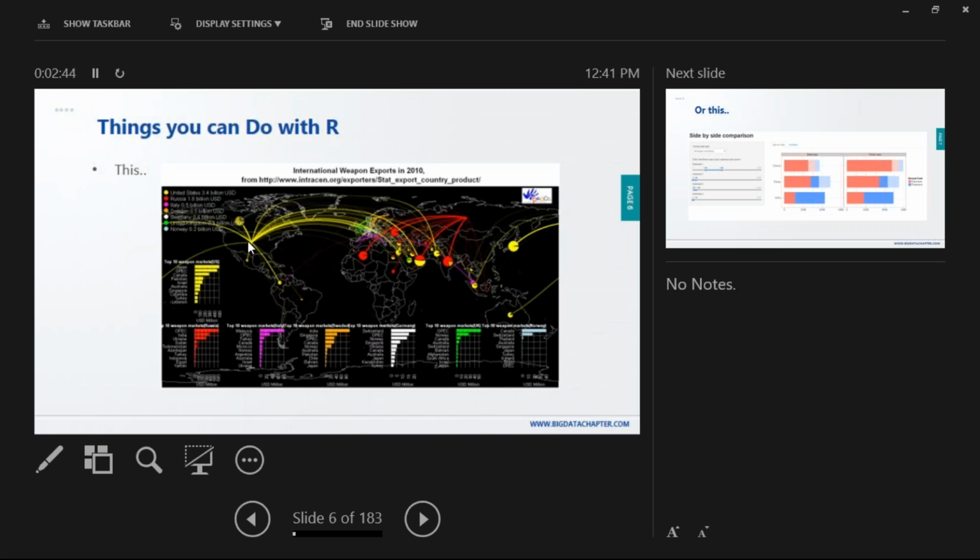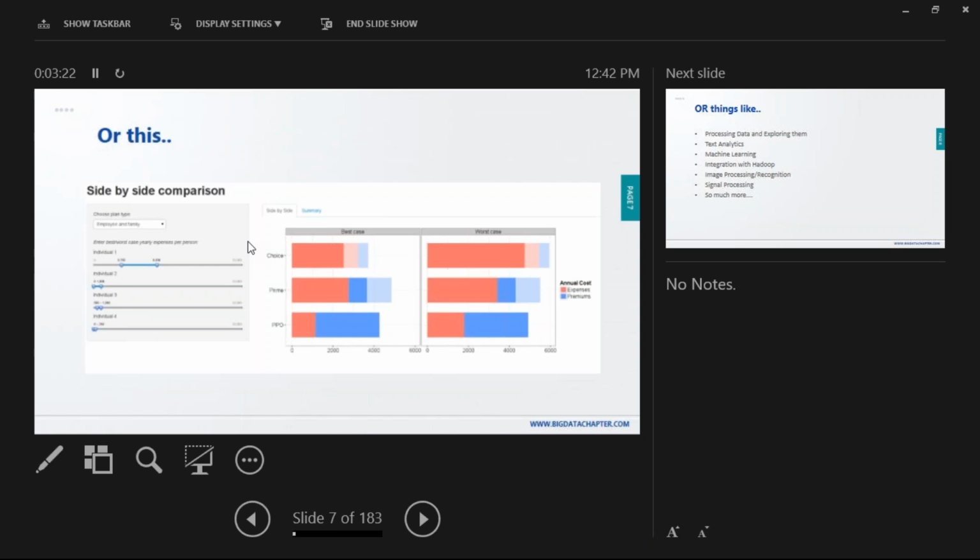Tableau is exclusively for visualization. You don't want to code; you just want drag and drop. Even R needs a little amount of coding, but if you don't want to do even that, just click a source, take the source, connect it. Then in the visualization, you can just take preloaded things. You can go for Tableau, click view, things like that. But here with R, you can play around. You can go to front end, back end. Also, R has a great tool called Shiny. With R Shiny, you can create an interactive visual. So this is done using R Shiny. With this, you can interact with R. Can you see?